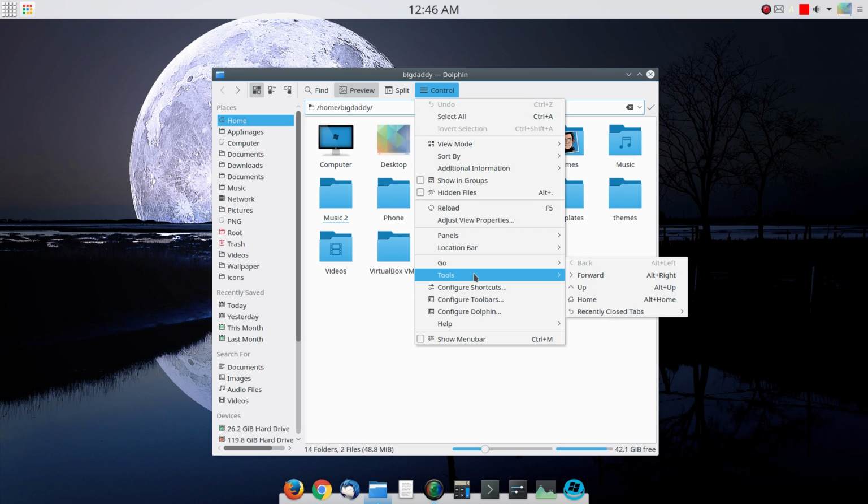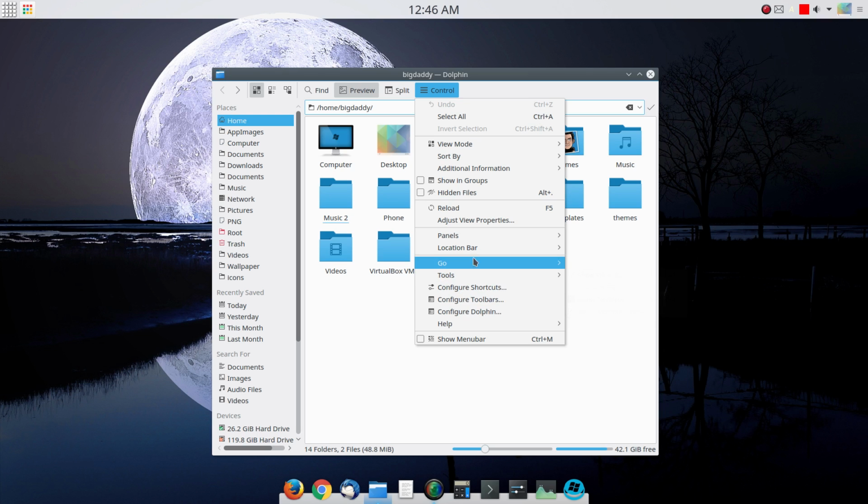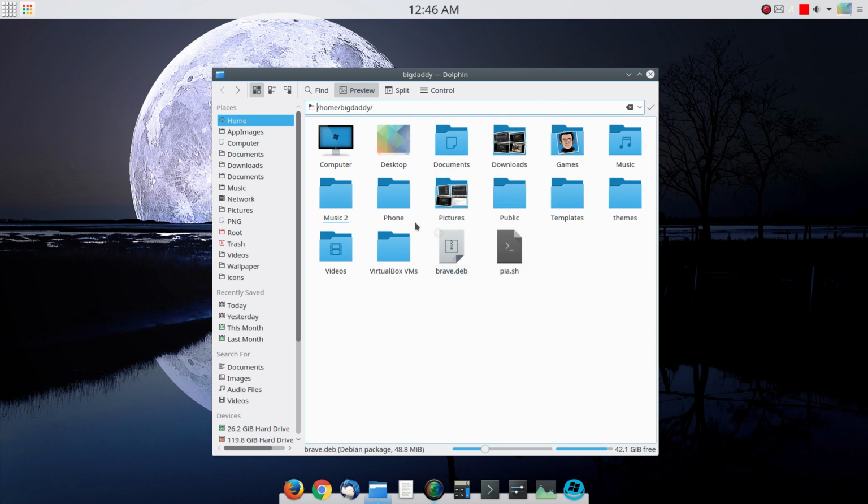So you have tools here, which you can open in the terminal. These are just basic shortcuts. I don't have to go over these. You can read. All right, but before we dive into the settings, because that's deep, let's go over the places. Over here with the places, you have your normal folders, but what